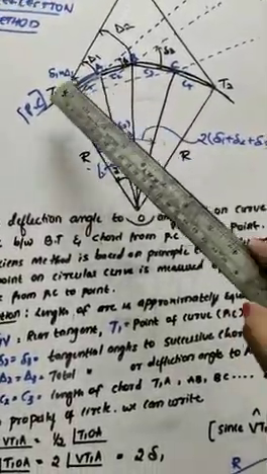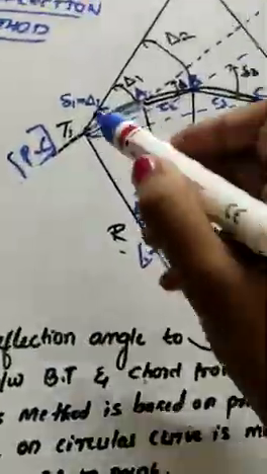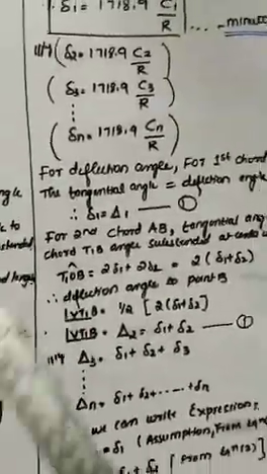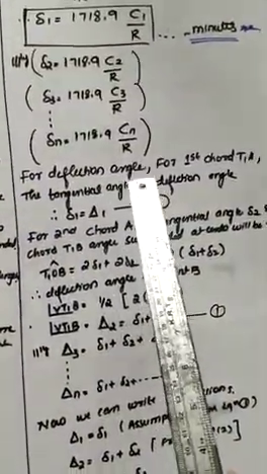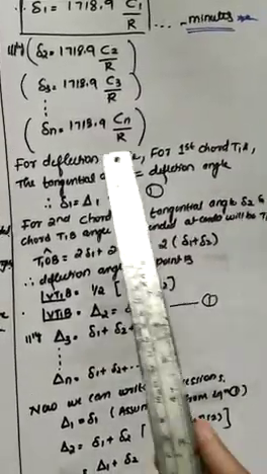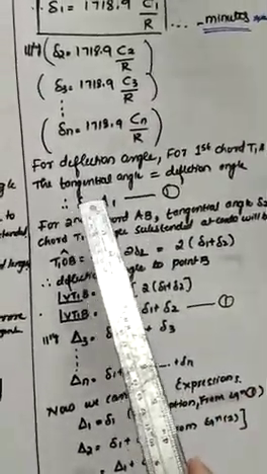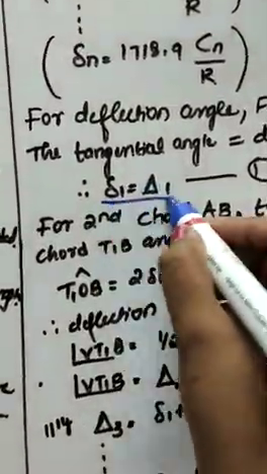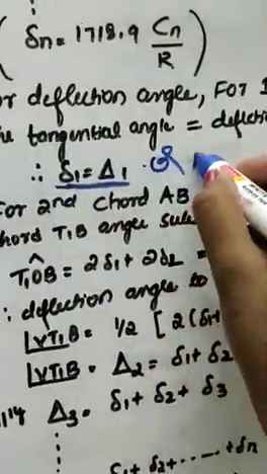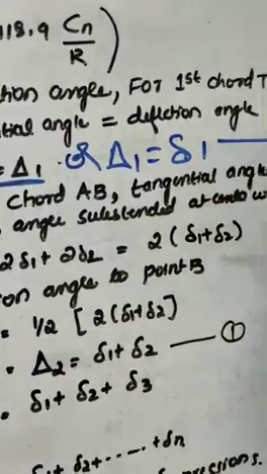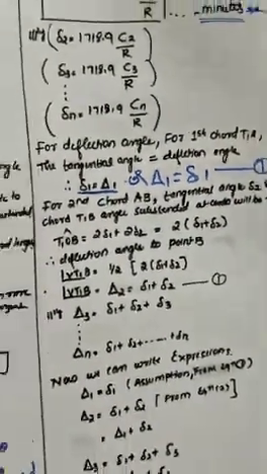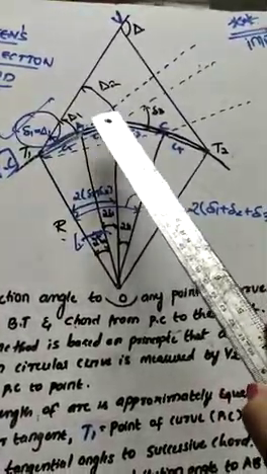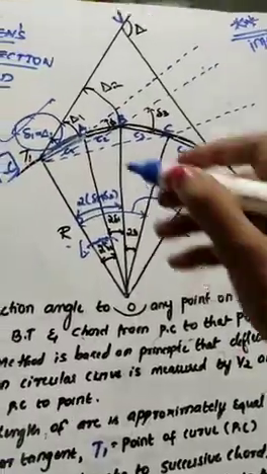But for the first chord, the tangential angle is equal to the deflection angle. So here we are writing that for the first chord, that is T1A, the tangential angle is equal to the deflection angle. Hence, capital delta 1 is equal to small delta 1, and take this as expression 1. So for the second chord, that is AB,